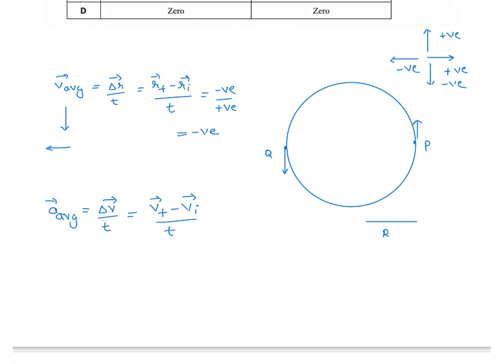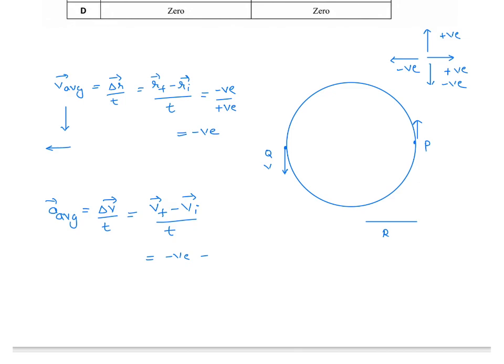Time taken will be, of course, positive, but let me tell you what will be V final. So this is initial and this is final. Of course, speed is constant, but applying sign convention, since this particle is moving downward, I will say final velocity is negative